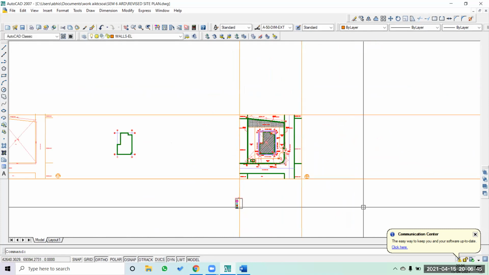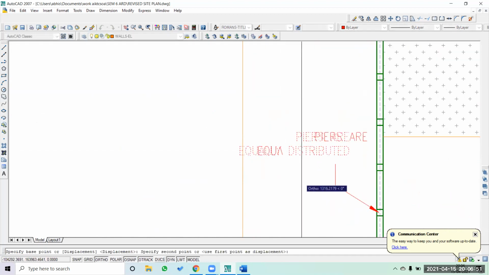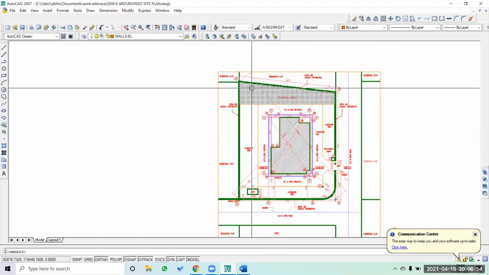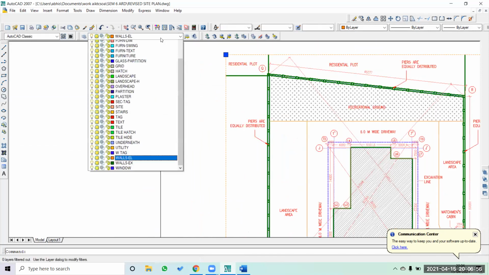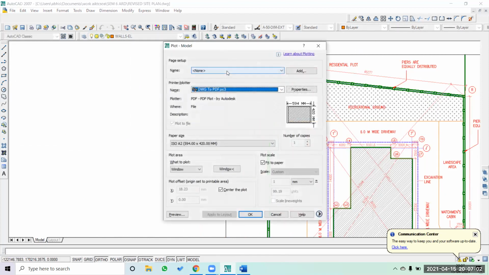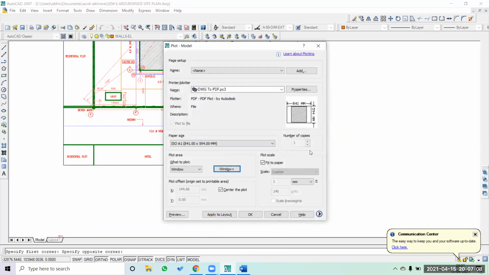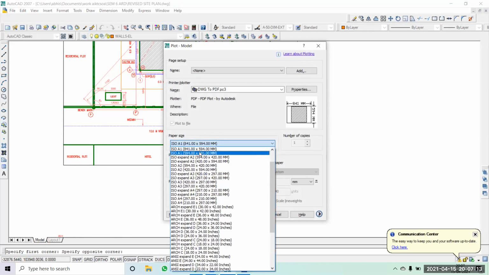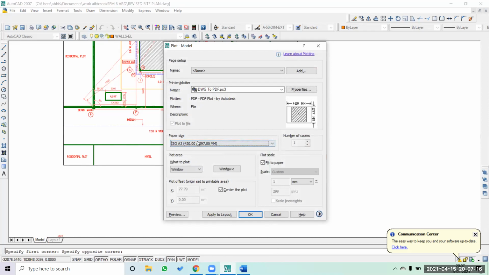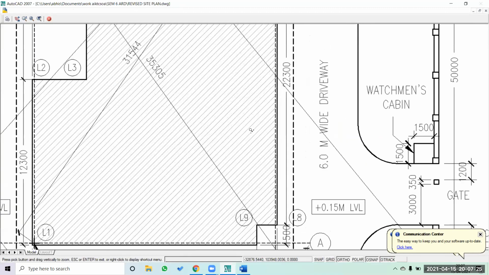I'm going to create this as a defpoints only. It's going to look like this basically.